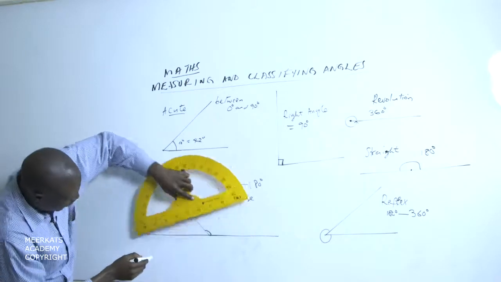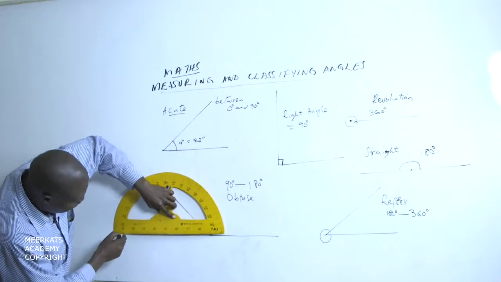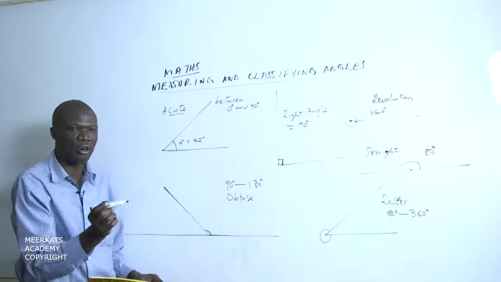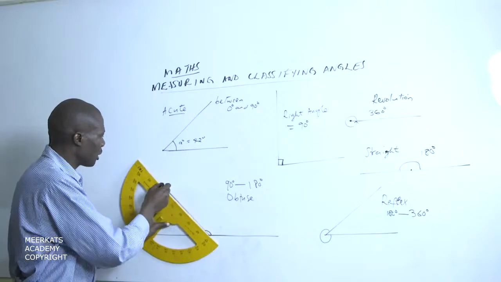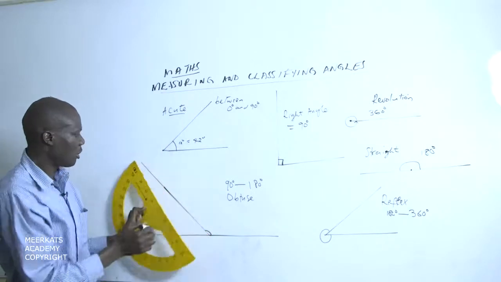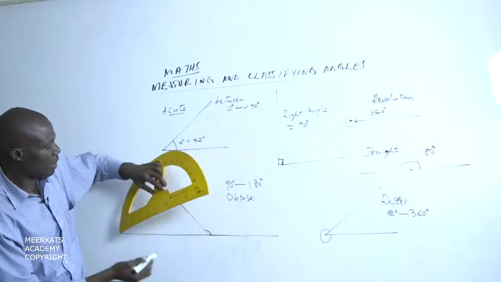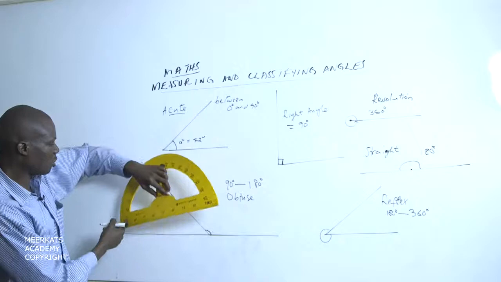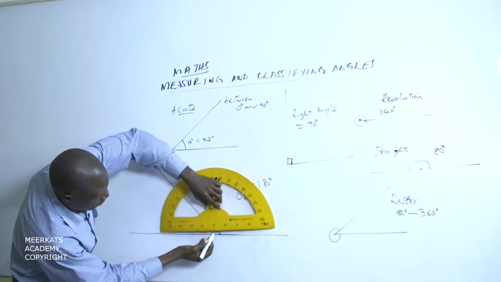I'll extend the line such that we want to measure this obtuse angle, but this time round we want to use the other scale so that it can give us exactly the angle between this part and that. We can alternatively measure straight using the inner scale, but I want us to use the other scale on the other side. Taking the center to the vertex here,